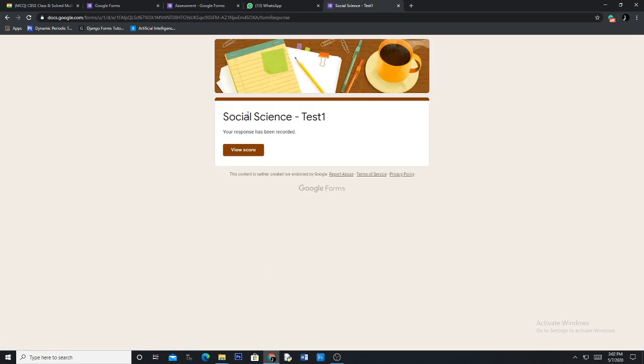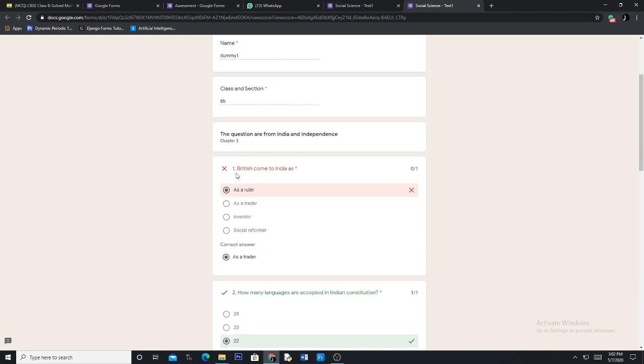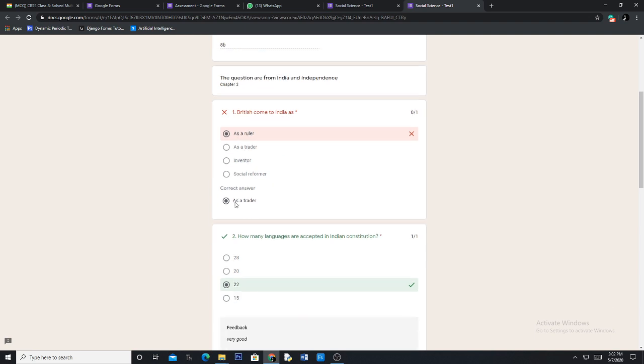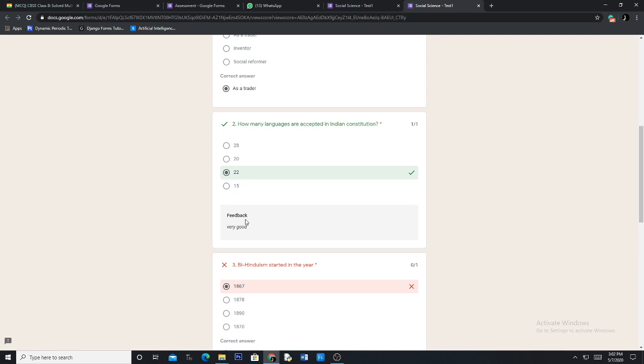Now the student can click on view score, and he can check his marks. It is 2 out of 5. And you can see the first question was wrong. The correct answer he can see as a trader. Now feedback is a very important thing. For a correct answer you have given "very good", right?